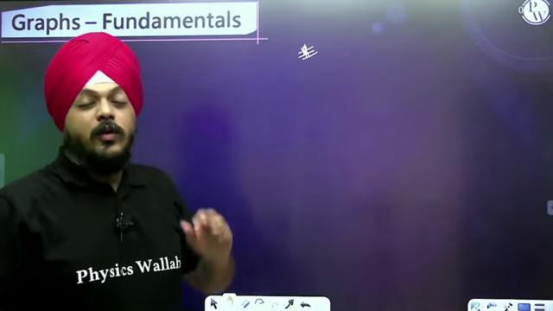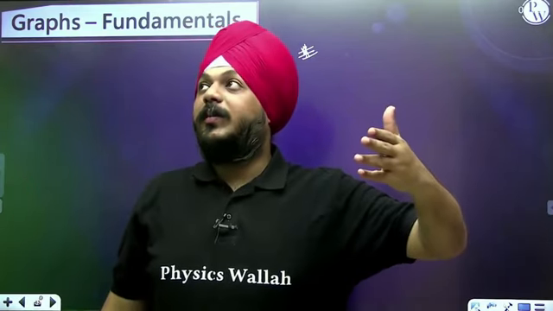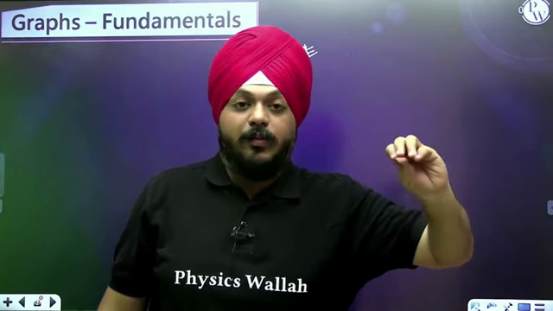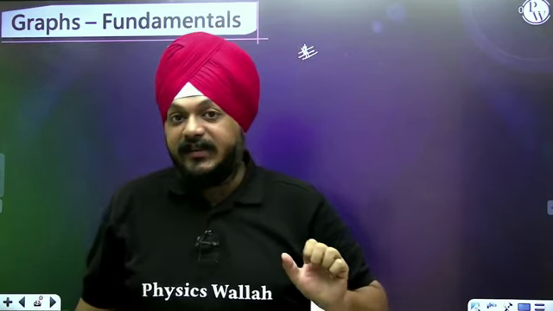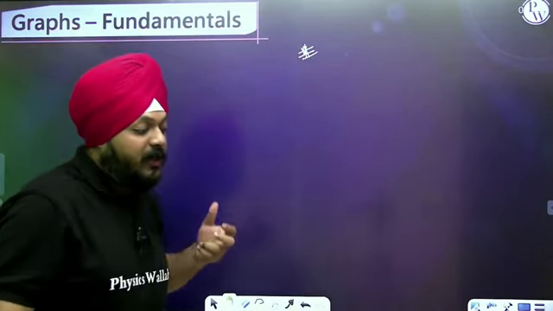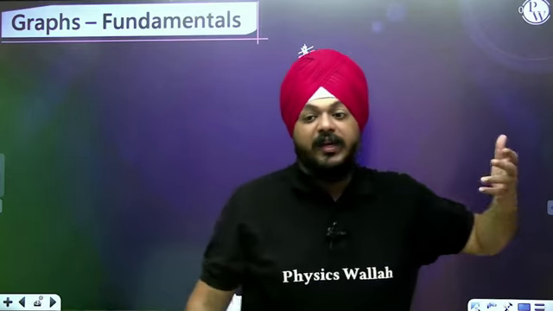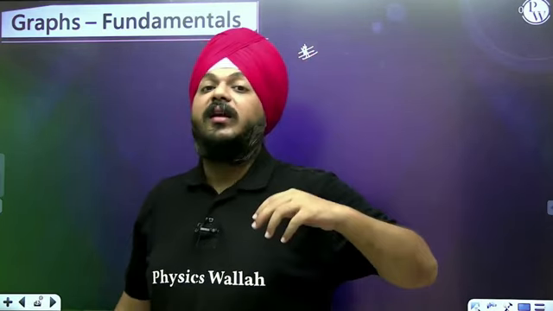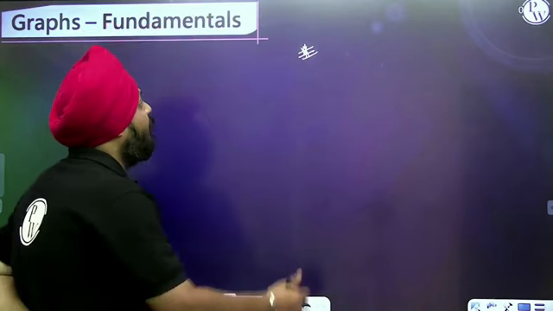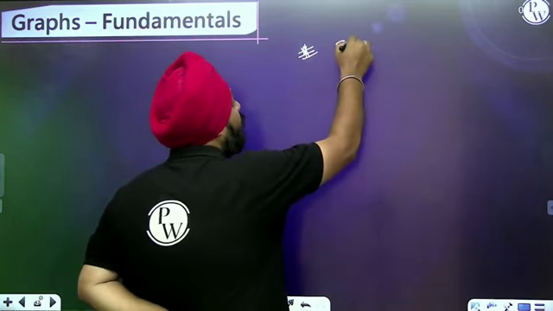Okay, first of all, before moving on to that much technicalities, we will move on to some of the basic things. What is the slope of the graph? What is the area of the graph? How are slopes defined? How are areas defined? So first of all, if I'm talking about the slope,